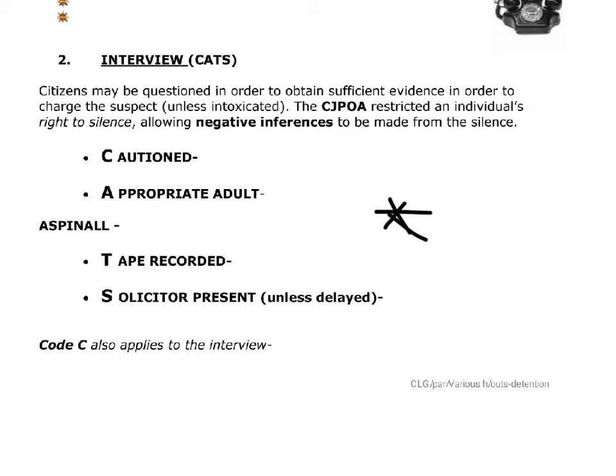Right, case of Aspinall then. This was a boy that was schizophrenic and he needed an appropriate adult. But unfortunately, when he was interviewed, they denied the appropriate adult and he was interviewed without it. So any evidence that was taken from that case had to be destroyed. We couldn't use the videotape because he'd not been given the appropriate adult that he needed. So if you just want to fill in a few key words next to Aspinall: schizophrenic, needed an appropriate adult, but he didn't have one. So the interview became unlawful.